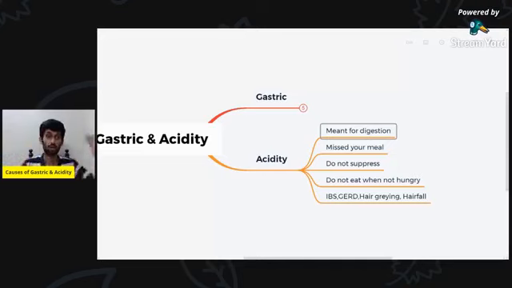Now we understood gastric, right? The vata component, the gastric component, is responsible for movement. It has to move the particles into the blood, right? So now it starts moving it. So the undigested food also starts moving now with the vata. Where does it go? It goes into your blood. It goes into your bone. What is the byproduct of bone? Hair. It starts graying hair and starts making a lot of hair fall.